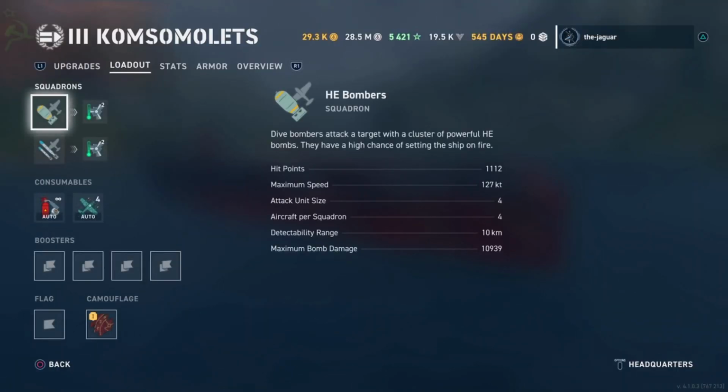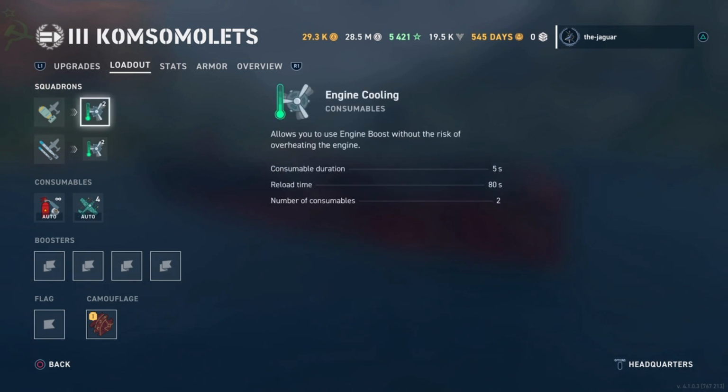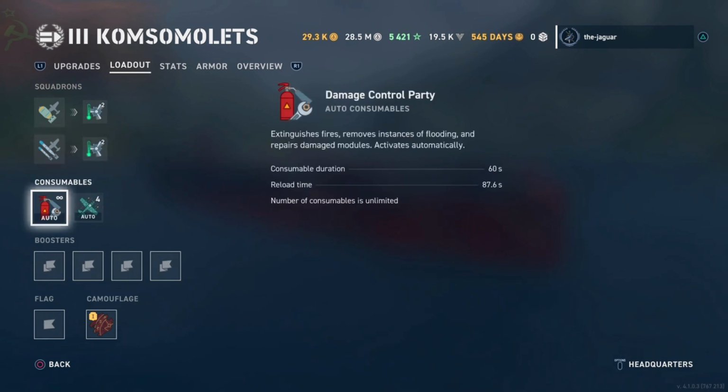All right, let's check out the loadouts. You can see here you have your normal HE bombers, which we will get into in a second. The only consumable is the engine cooling consumable, and this is standard on all the Tier 3 aircraft carrier airplane squadrons. Same thing for the torpedo bombers here. The consumables, these are all auto deployed consumables. A damage control party duration is 60 seconds, reload time is 87.6 seconds, and there is an unlimited number of